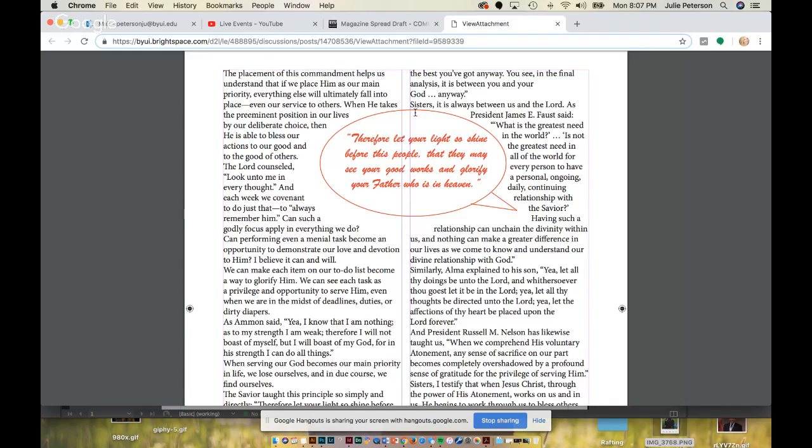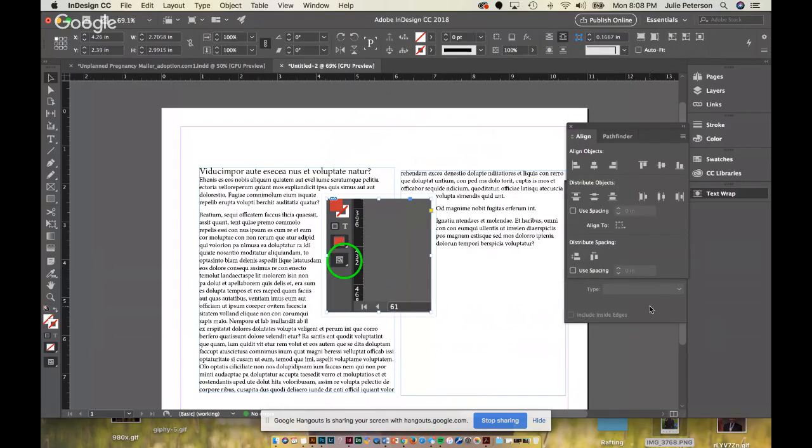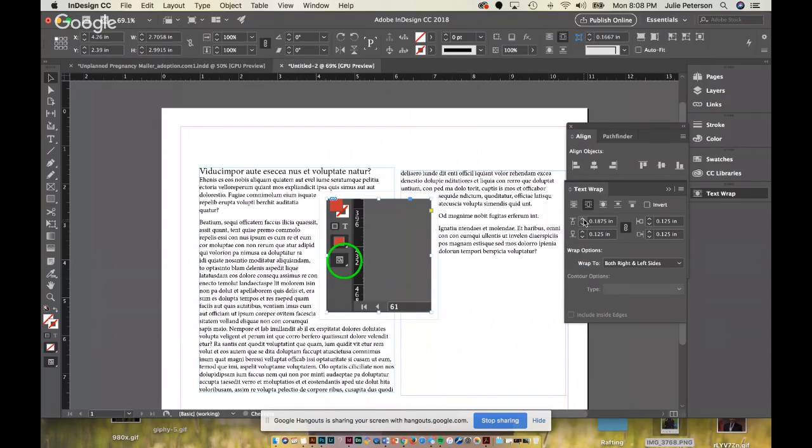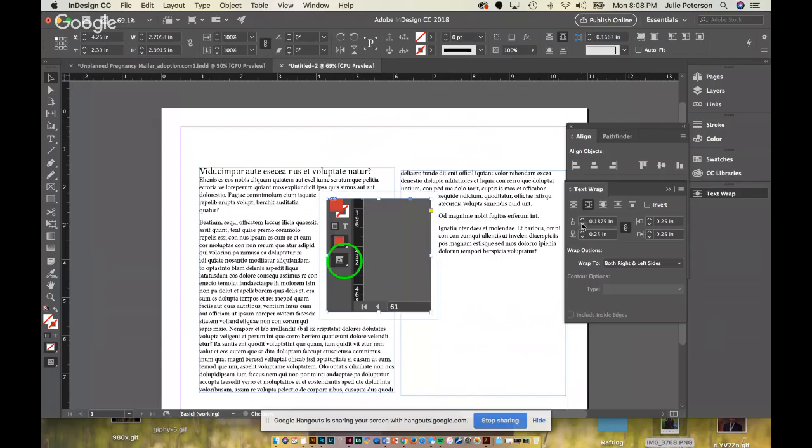And then give a little bit more space here. There's just not enough space. The sister's getting too close to the text. And if you remember your options in the text wrap, so I'm clicking on this image that I've applied a text wrap to. I've got my text wrap, window text wrap. If you don't have this pulled up, go to window text wrap, and then just increase this, and that increases the spacing there so that it's not too close to your image. Okay, so right there, it's a little bit of a tangent.